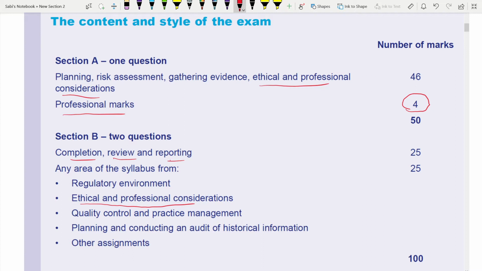This is a paper where you have to apply more of your professional judgment. It's more subjective in nature. That's why this paper is hard. That makes this paper harder compared to other papers like AFM, taxation, SBR, SBL, because in those papers we know